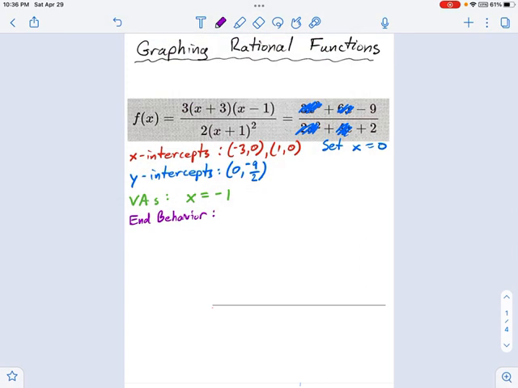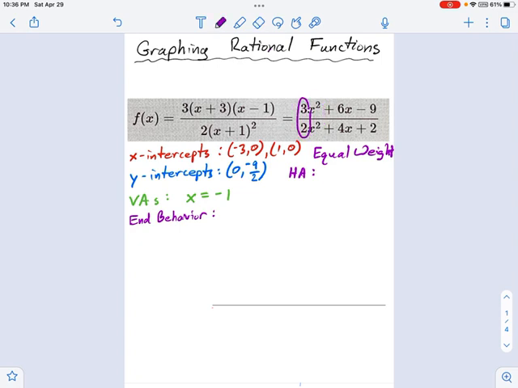The question with end behavior is always, is the function top-heavy, bottom-heavy, equal weight? What do we have here? So take a look at those front functions right here. See those x squareds? They're equal exponents. We call that equal weight. And when you have an equal weight function, what that means is you have a horizontal asymptote, the end behavior asymptote, and it's located according to the ratio of the